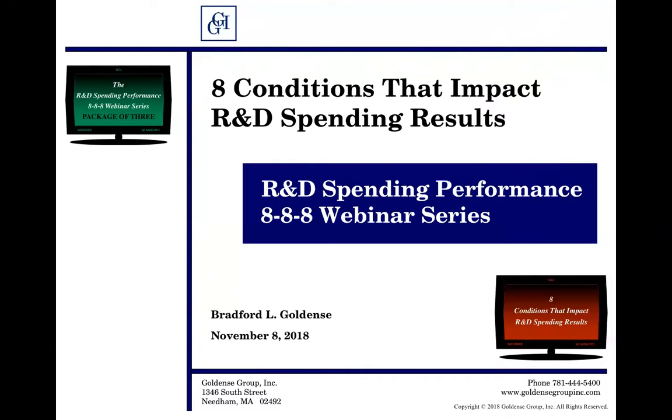Today we'll be discussing 8 conditions ranging from spending decisions in boom and bust periods, to overspending and underspending, to impacts of variable spending and other spending irregularities on corporate time to market, programs, output, productivity, investor performance, patents, and overall corporate performance. Each of these 8 conditions impacts ROI and rates of return in some way. And there are some findings about what to do to make the best of the situation.